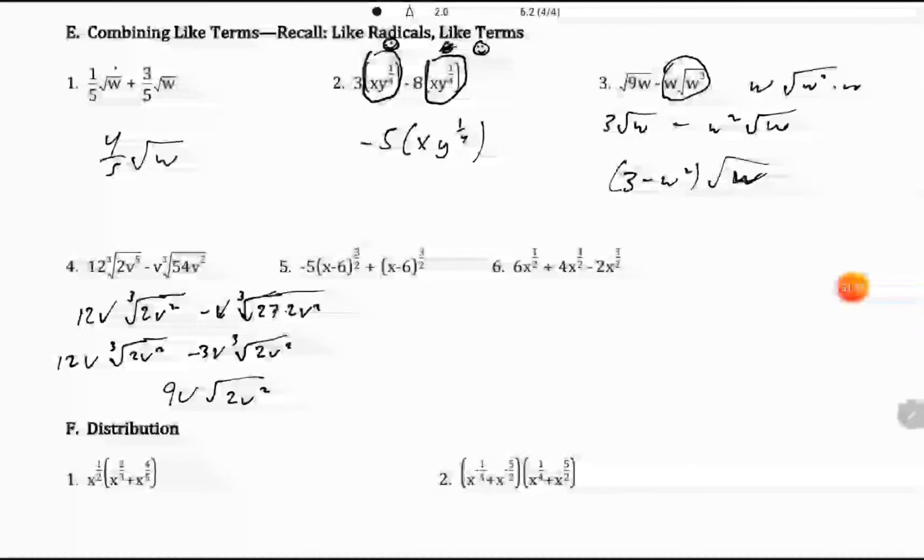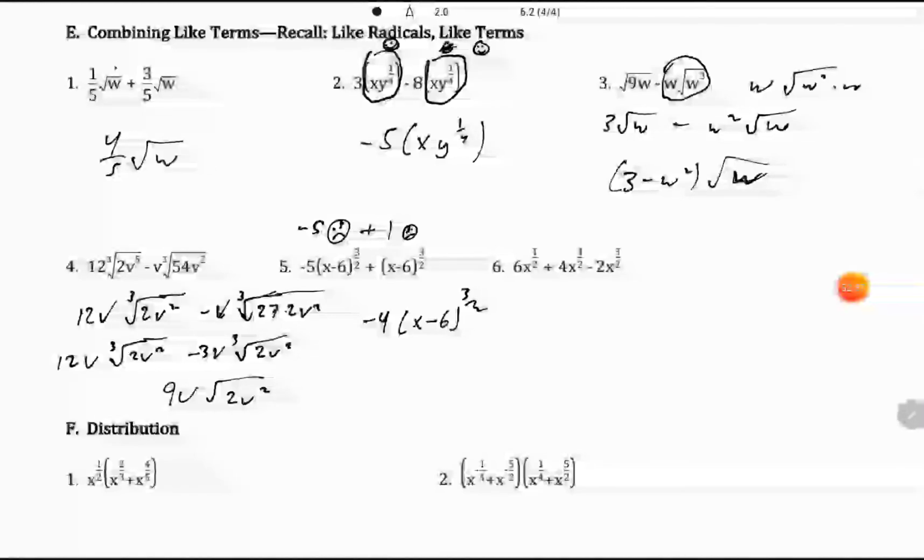Is this an easy one? I think this is an easy one. Negative 5 apples plus 1 apple is negative 4 apples. See? Negative 5 unhappy faces plus 1 unhappy face is negative 4 unhappy faces. Okay,